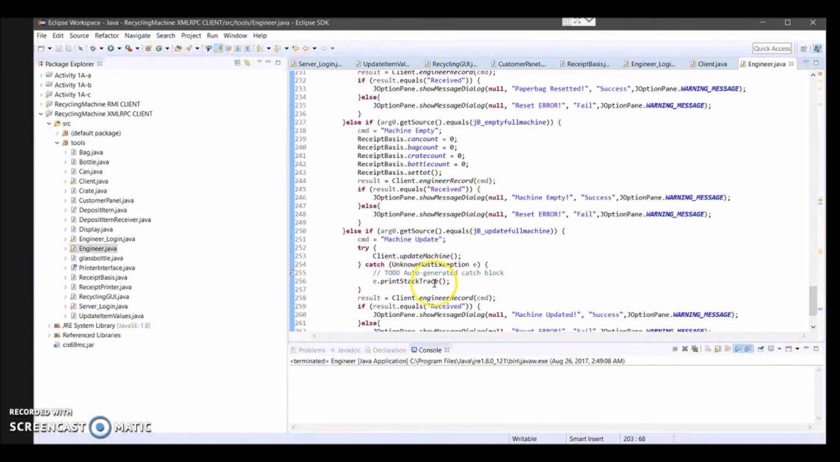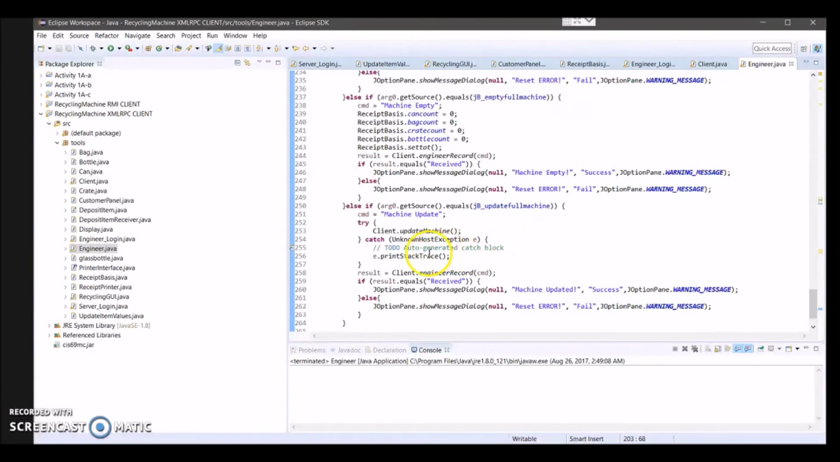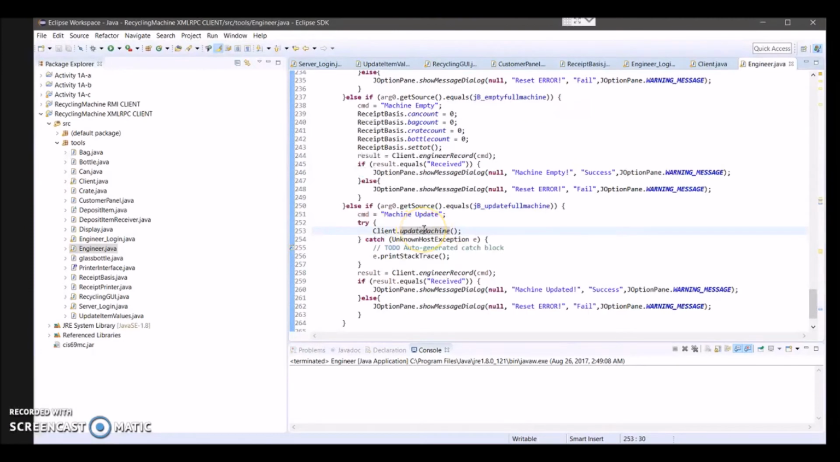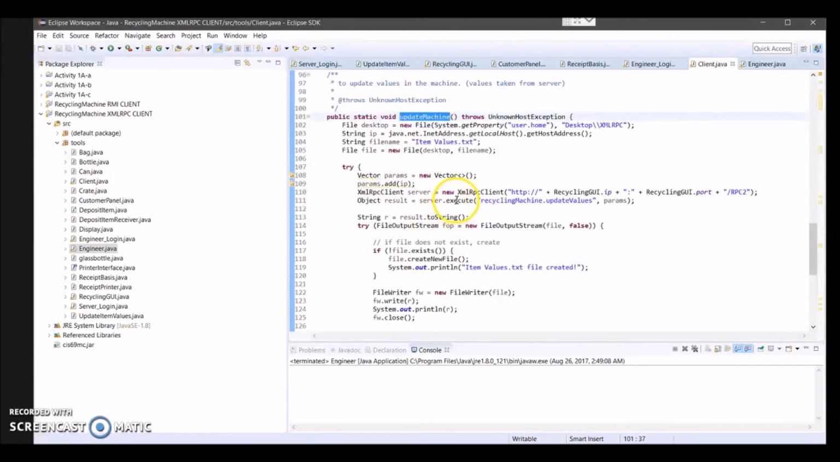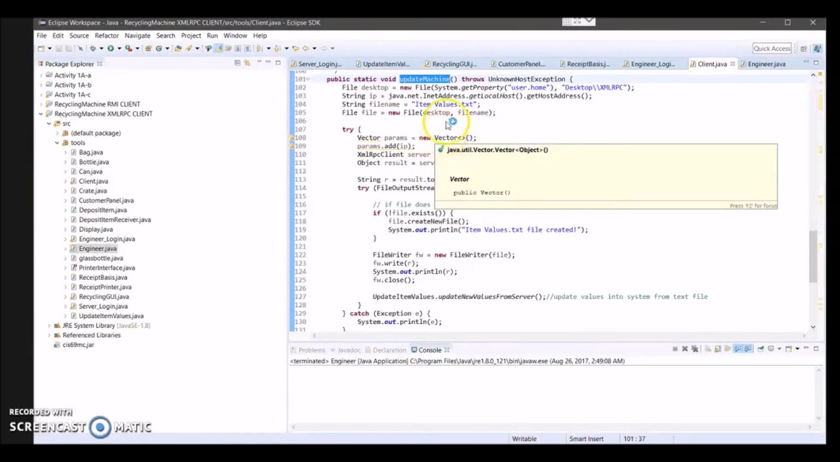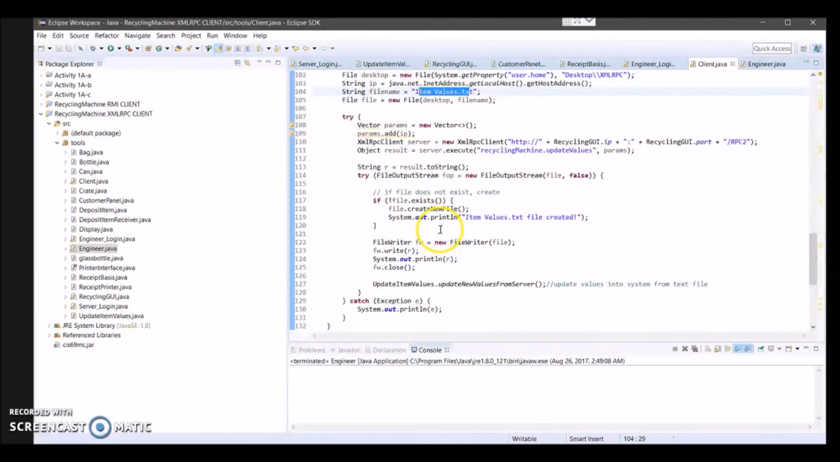So once a value is being updated in the machine, each value is being updated. Again it is being called from the client class, the update machine, where it checks for the file value, the item values.txt, and then updates the value according to the new value made by the server side. Then finally